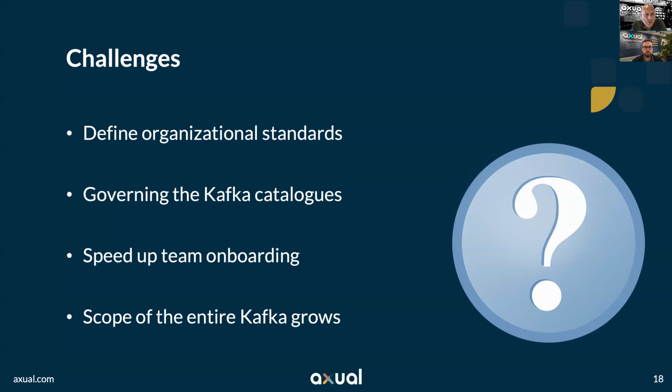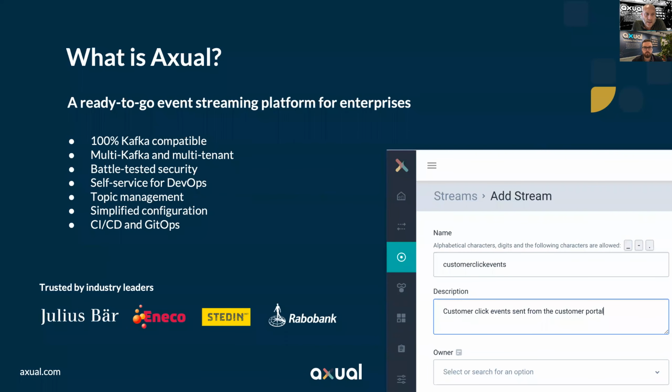If you do run into these challenges, I think we at Axual have seen many of them. We started to create a platform out of a banking need for a centralized Kafka. I will tell you a little bit in a few slides about our first use case at Rabobank, which was one of the top 3 banks in the Netherlands, where we started to see what was needed in practice in a big bank. The Axual platform became this technology solution to what we think banks need in a centralized Kafka environment.